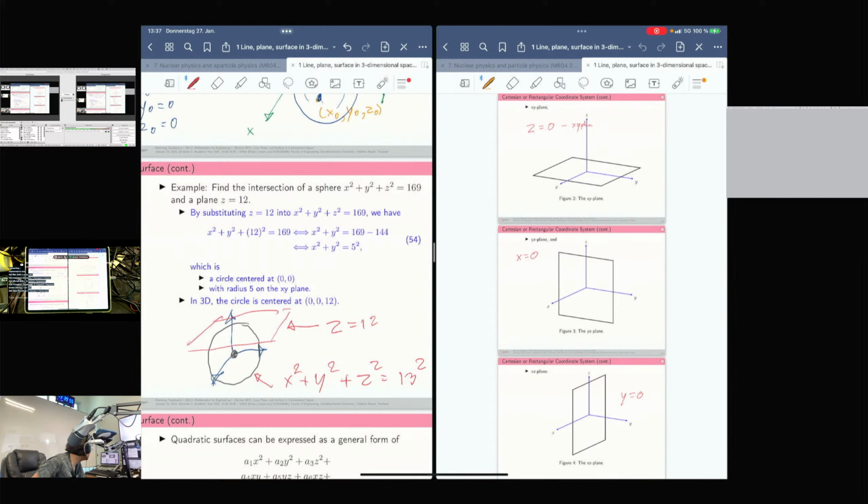Anyone who could give me the solution? What is the intersection result of these